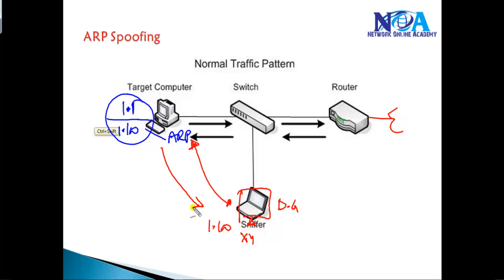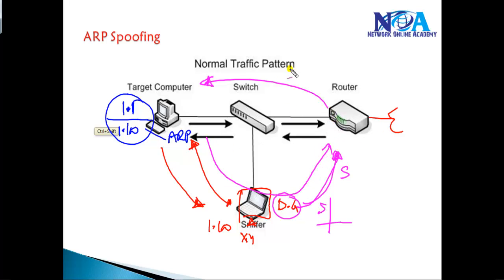It's going to send the traffic to the attacker, and then again this attacker is going to change the source address. He's going to reply on behalf of the router as well when the communication is happening between these two computers. Now, the traffic from the source to the gateway is sent to the attacker, and the attacker sends it back to the router, and then all the traffic is going through the attacker, and that's what we call a man-in-the-middle attack.